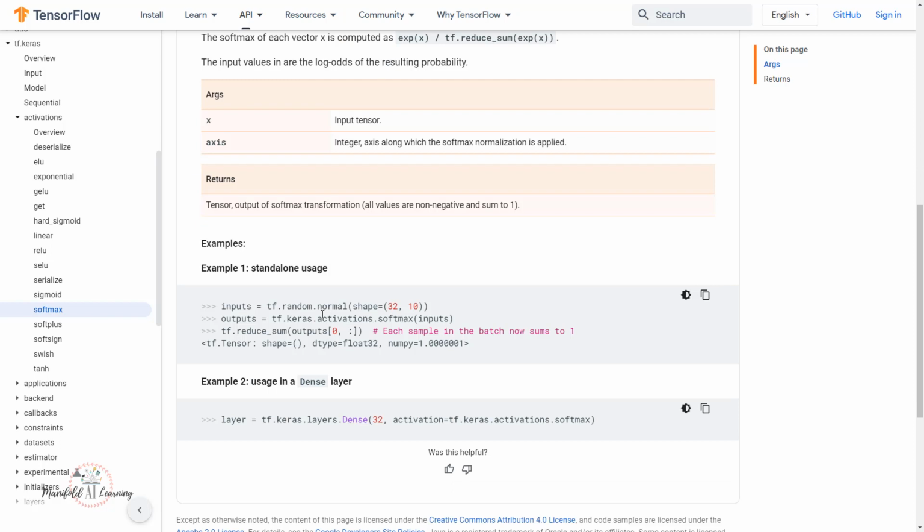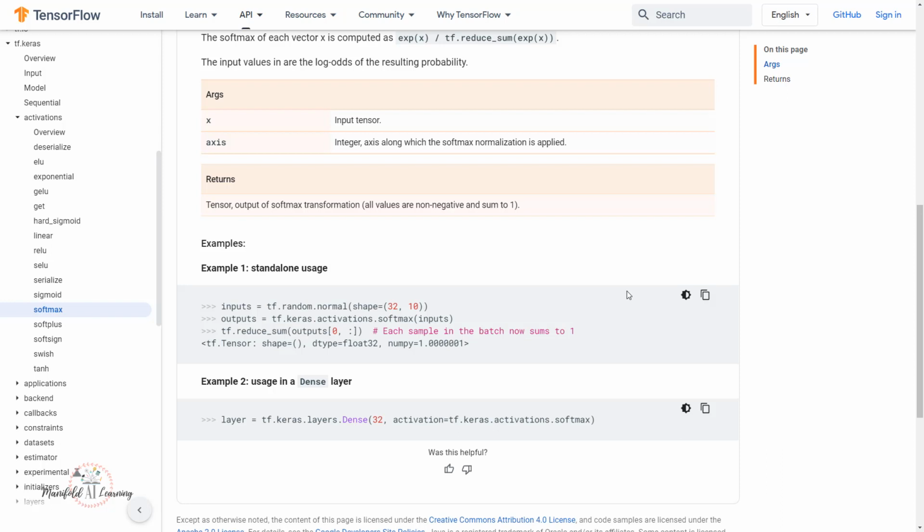If we look at the examples, I'm generating a tensor with the shape 32, 10 using the random normal function, applying softmax on top of it, and performing tf.reduce_sum on the output. As we can clearly see, when we perform the sum after applying the softmax activation function, the output is 1. This proves that it gives us a probability distribution.